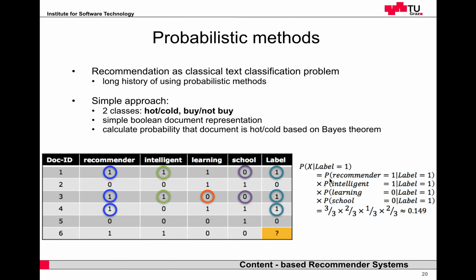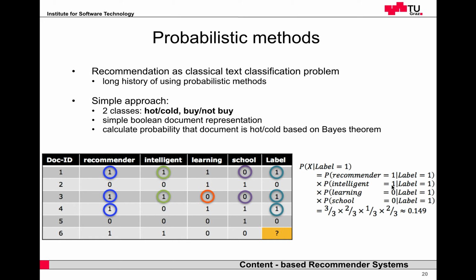So the probability of the first attribute, recommender equal to 1, under the condition of the label equal to 1 is 3 divided by 3. For the second attribute,